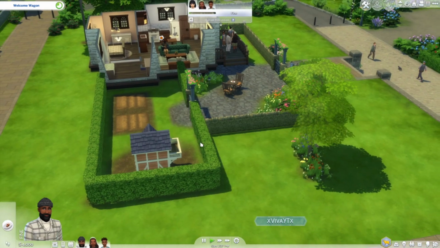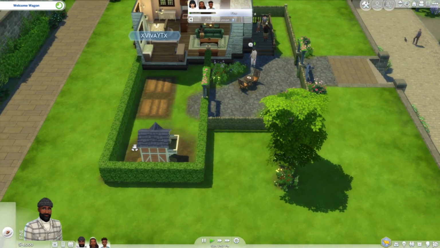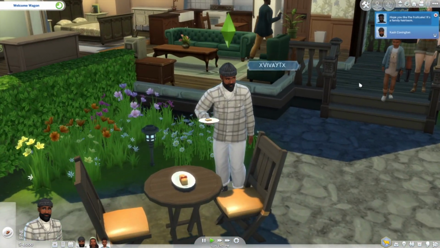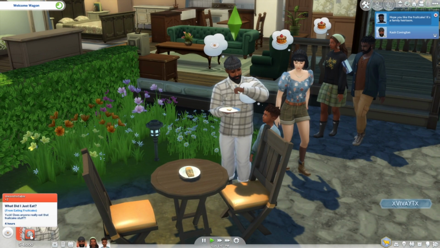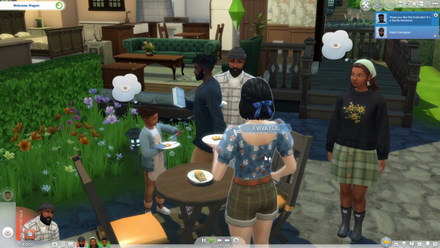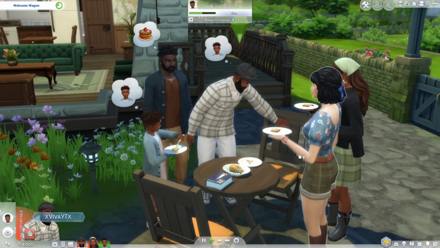Just to put it out there, there is no new career that came with this expansion pack. Your job is living off the land, farming, collecting all the produce that your animals produce, like milk, wool, eggs, and selling them. That's how you make your money. You can also make money by canning and cross stitching. We will get into all of that in a later video, but I just wanted to show y'all